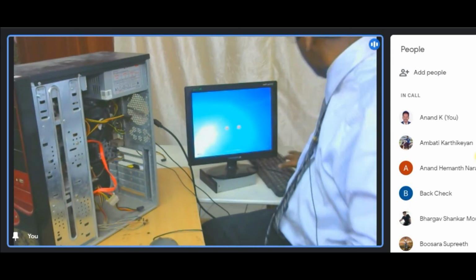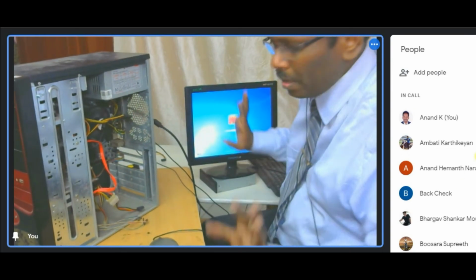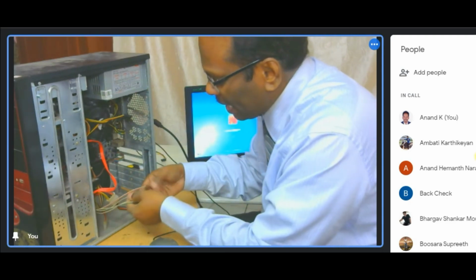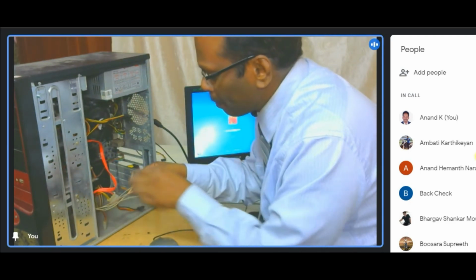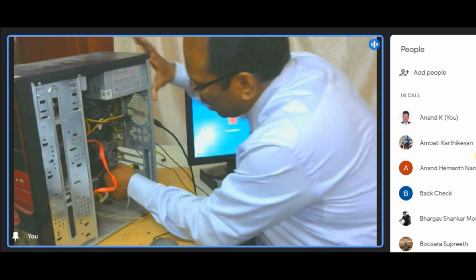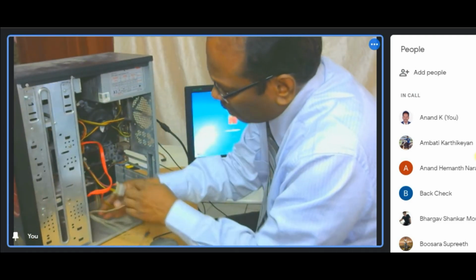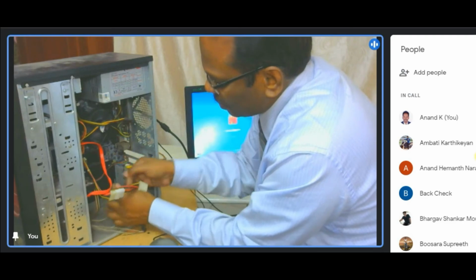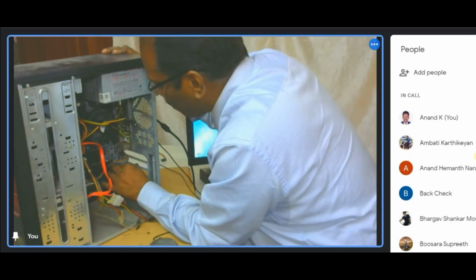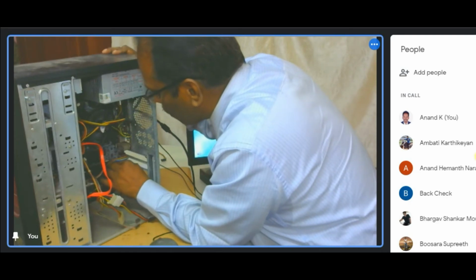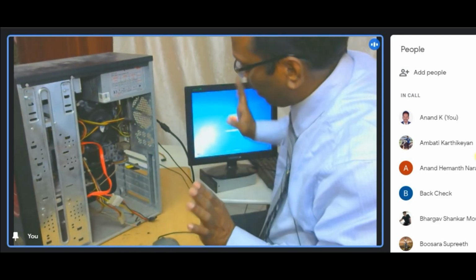So it is now ready. Only the last step which is there is to connect the power supply. I'll show you. This is the power switch. I'm connecting it online, but don't do it online because it's a risk for you. So I'm just connecting it online. Okay.